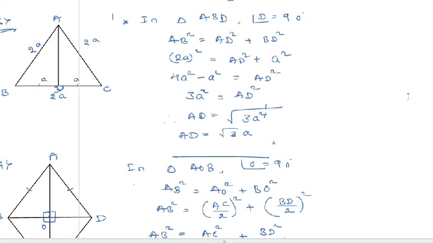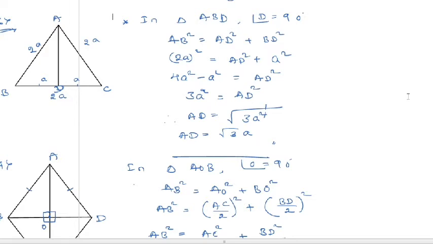So, here I have drawn the diagram. ABC is an equilateral triangle. AB is equal to 2a, BC is equal to 2a, AC is equal to 2a. Find each of its altitudes. Altitude means the perpendicular line. So, AD is an altitude, and D becomes the midpoint. It divides the line into two equal parts, 2a into a and a.